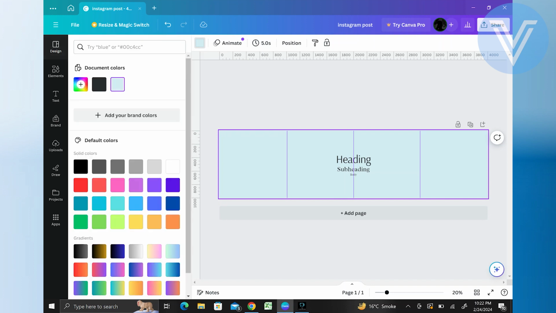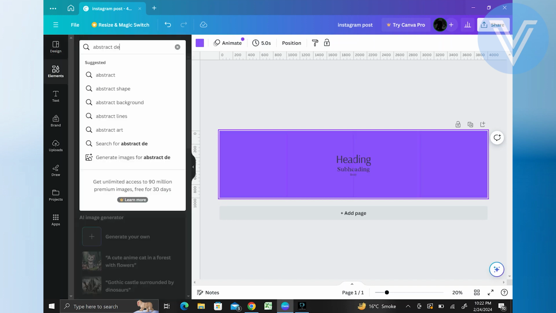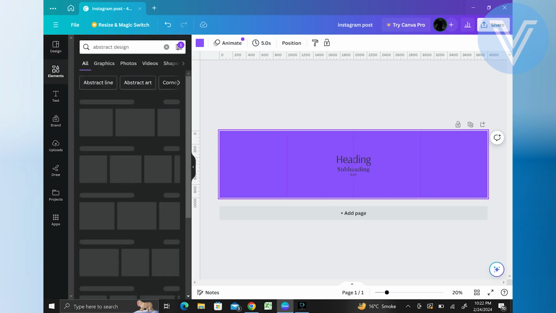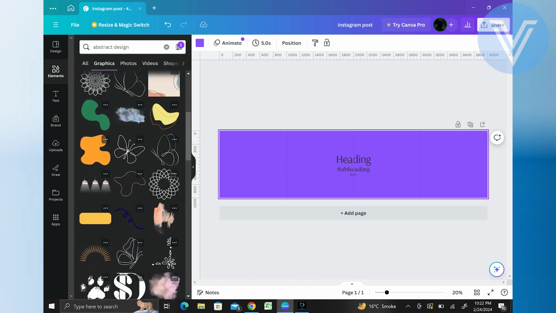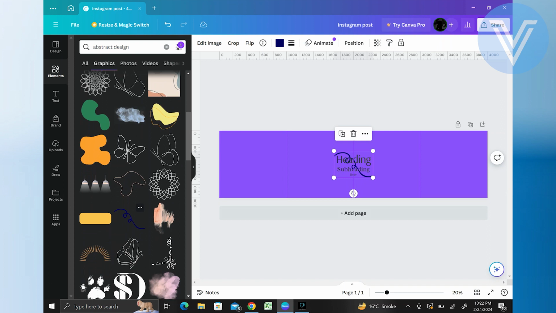In the search bar at the top of the Canva interface, type Abstract Design and press Enter. Browse through the search results and click on a design that you like to select it. Click and drag the selected design to move it around the canvas, and you can also resize it by clicking and dragging the corners. Repeat the process of searching for designs and adding them to your canvas until you are